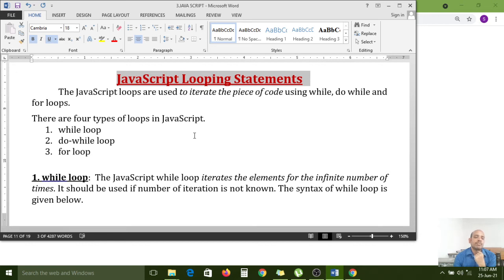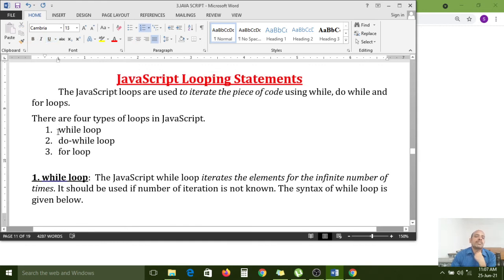So for that we can use looping statements. In a looping statement, if you give the condition, like 1 crore times, it will be executed repeatedly and automatically. Do not write the same code again and again, so it is better to use loops.